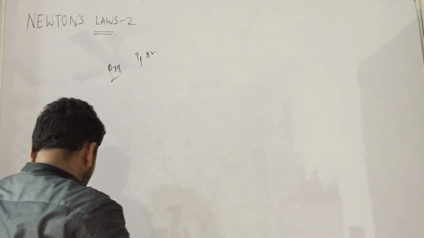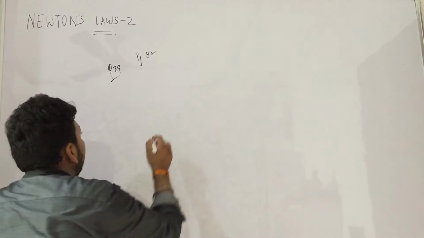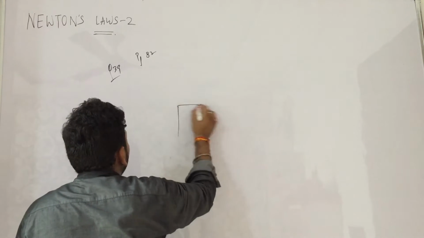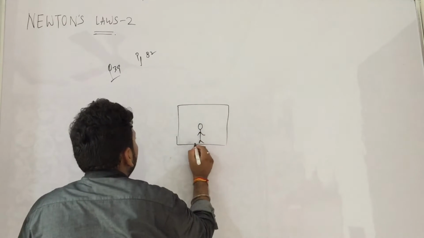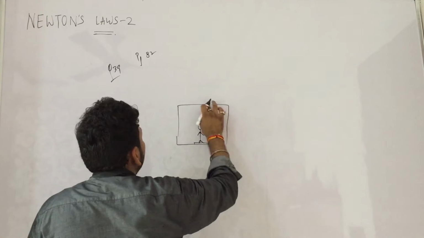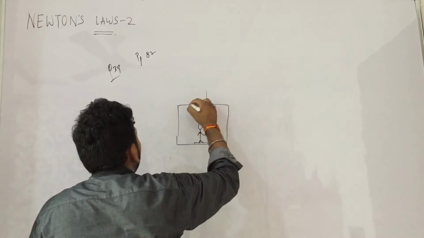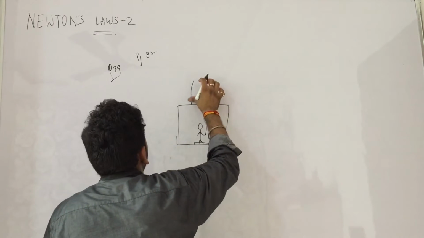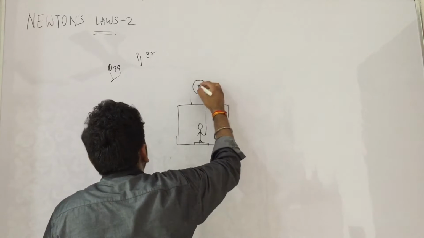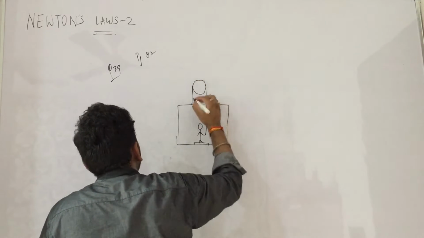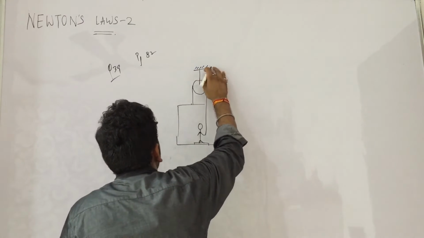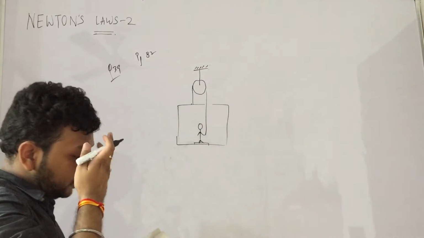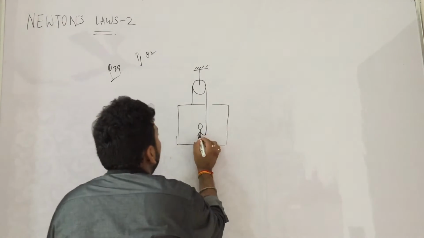Yeah. So we have a man who is in the lift. And there is a weighing machine below him. And this is how he has hung himself in the air. I don't know why he did this, but yes. And how he did this was also amazing. But yes, he has done this. So he is holding with both the hands.